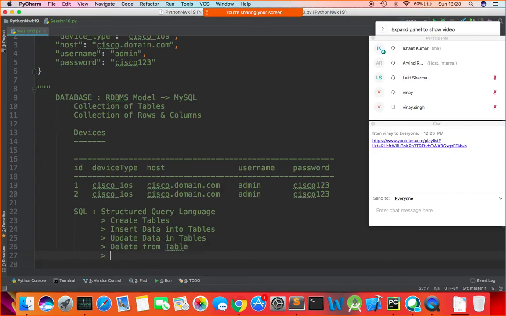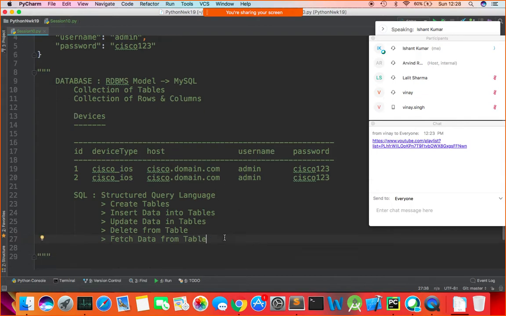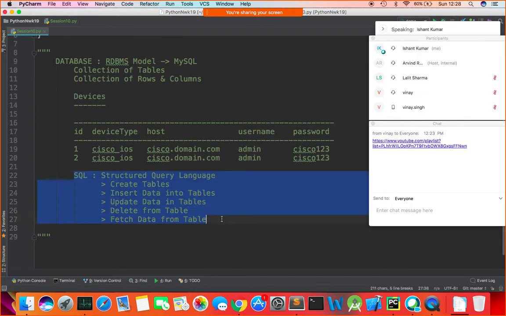And lastly, we'll see how to fetch data from a table. So first of all, I'm going to manage these operations in the SQL part in the database layer itself, right? We'll first see in the MySQL database how it can be done, and thereafter we'll see it in Python, right? So in step number 1,